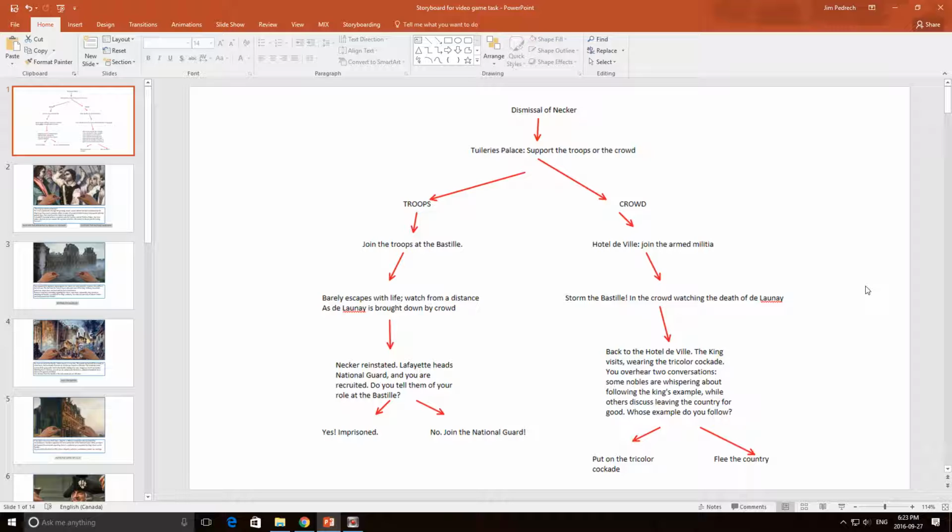I actually used a program called OneNote because it allowed me to move around the text very easily and to draw the arrows very easily. But any program that allows you to create some sort of tree diagram for all the options will do. And I've just copied and pasted that diagram into PowerPoint just as a frame of reference, so I could refer